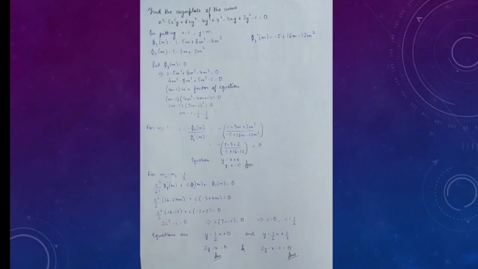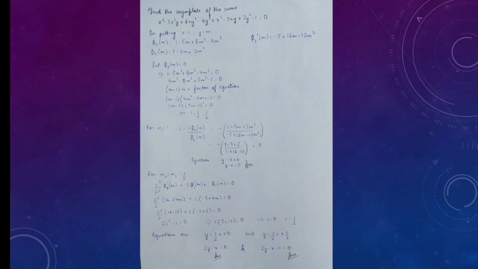(4m square minus 4m plus 1) is equal to 0, which is equal to m minus 1 (2m minus 1) whole square is equal to 0. Value of m will be 1 and 1 comma 2, that is 1, 1/2, 1/2. So here we see that two values of m are the same, that is m2 and m3 are equal to 1 upon 2. So first we'll find the value of c1 from the same method, that is c is equal to